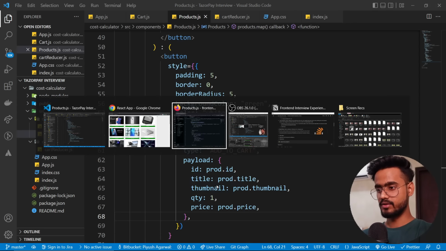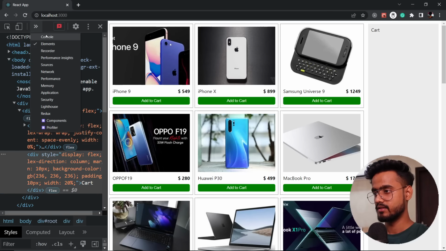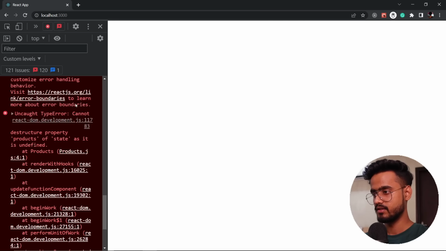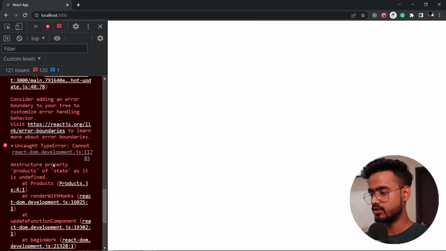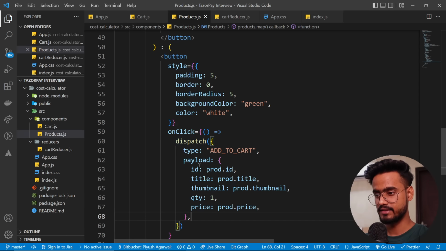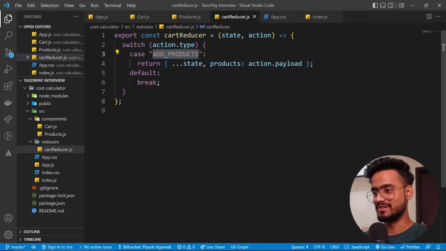Let's check this out real quick. So I'm gonna open this console over here. Let's clear this up. So if I click on this, okay, we get an error. Cannot destructure property products of state as it is undefined. Okay, so it says that products is undefined. Why? Oh, of course, because we haven't created this add to cart logic yet. Oh man. So okay, we have to create a new case